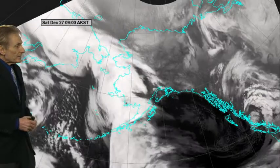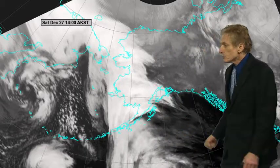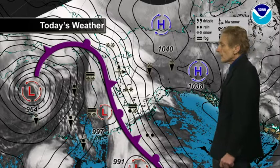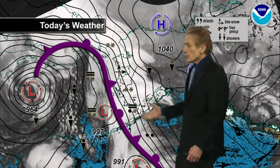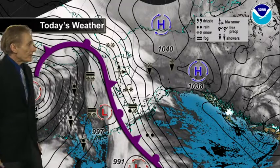And looking at this again, you can see the flow here, south to north flow, things out here sliding off to the southeast and high pressure building in with the low center again back out over the western Bering and staying there. So several impulses developing and moving northward along this frontal boundary. The one today, right about that area there, brought some snow to the Pribilofs. Gusty winds here in the gradient in advance of the front, anywhere from 20 to 30, 35 miles an hour, in some cases gusts over 50 miles an hour, such as Tin City there in the Bering Strait reported,